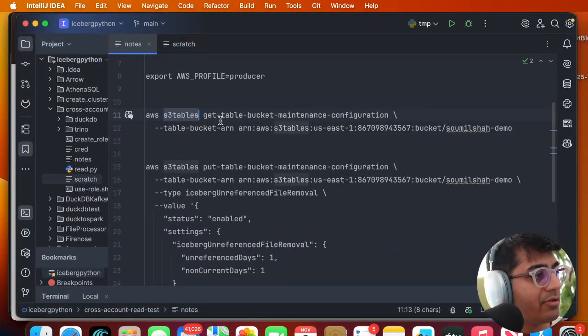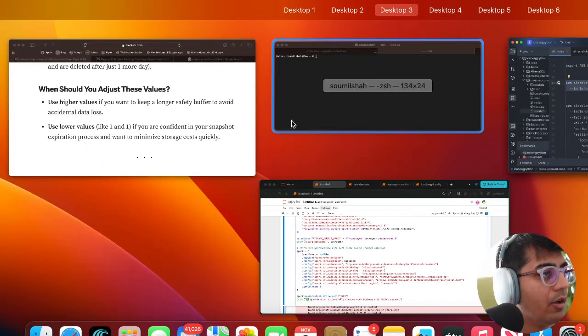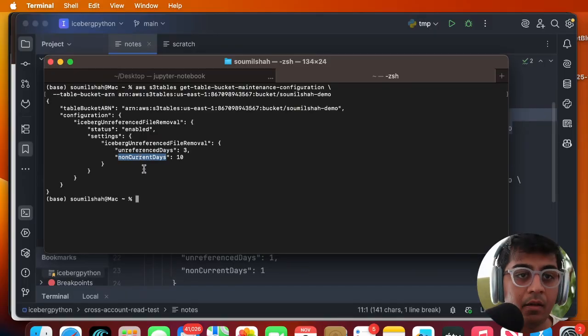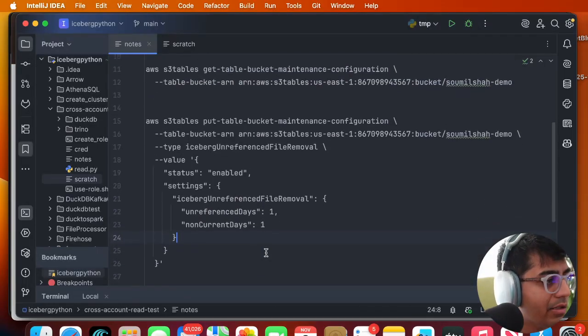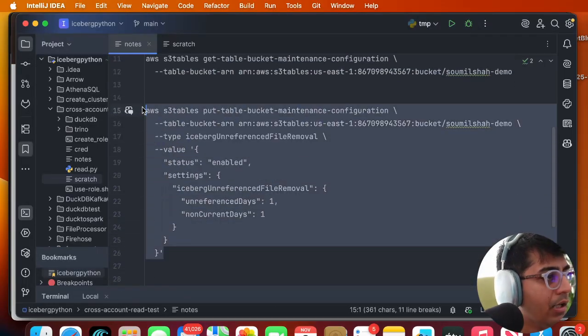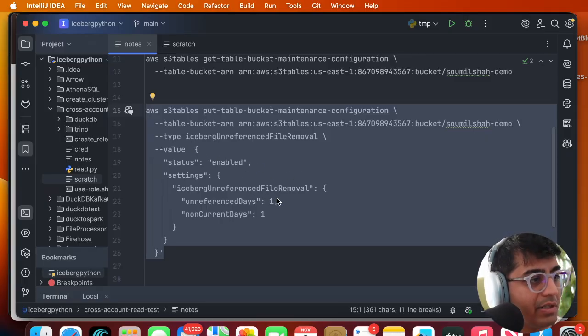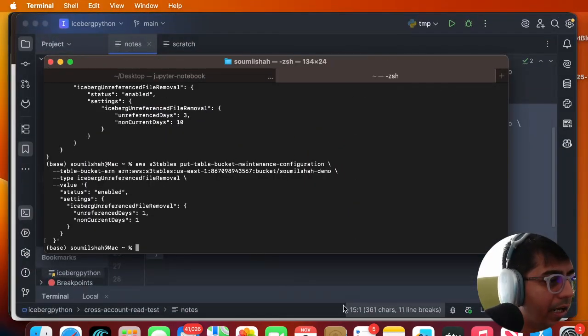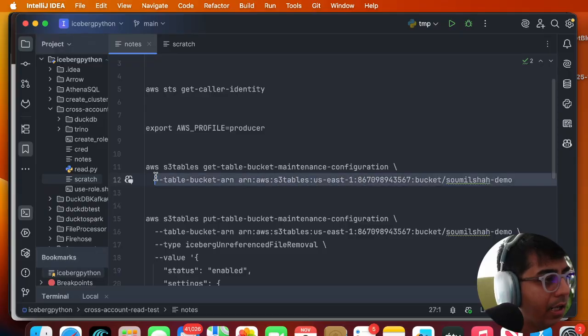So you have APIs. You can see AWS S3 Tables. You can use the get table bucket maintenance configuration, and you can pass in a table bucket ARN. If I do that on a console over here, you can see the values 3 and 10. Now, as a user, I can change these values. I'm going to enable put table maintenance configuration and set these to 1 and 1. Okay, I have now set these values. Now I can get the values again,